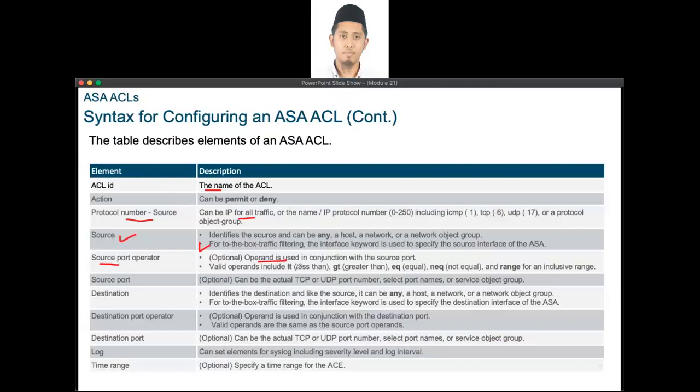And next, source port operator. Optionally, operand is used in conjunction with the source port. So valid operands include less than, greater than, equal, or not equal, and also range for an inclusive range. For the source port, optional, it can be an actual TCP or UDP port number, select port name, and service